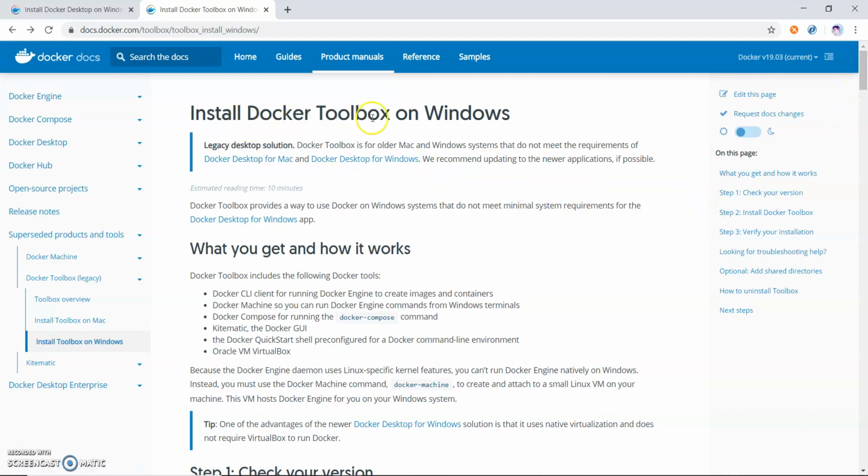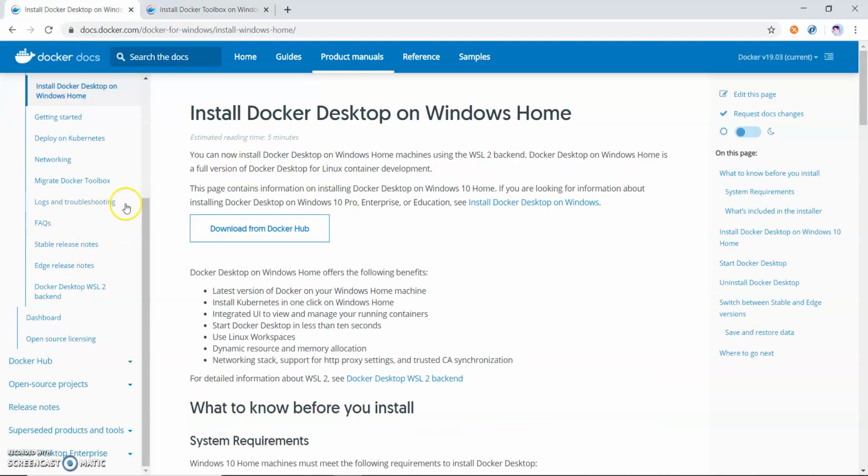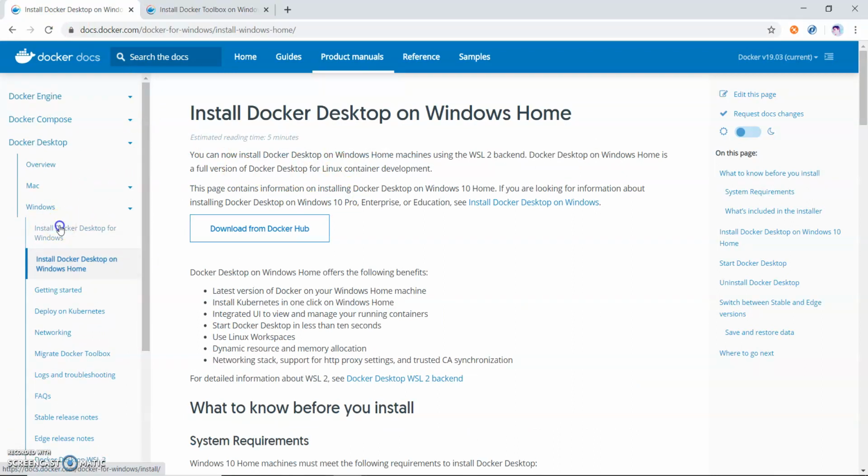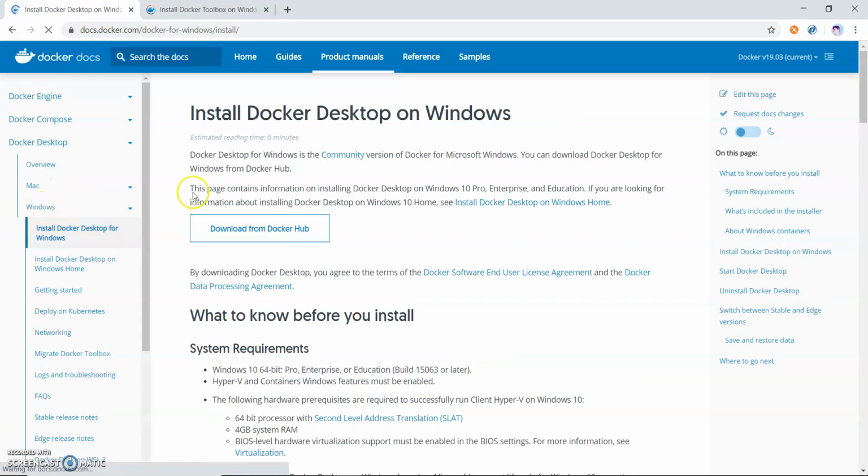Docker Toolbox is a legacy desktop solution. You can see Docker Toolbox is for older Mac and Windows systems that do not meet the requirements. Guys, if you meet the requirements, you can just install for your system, Mac, Windows, anything.